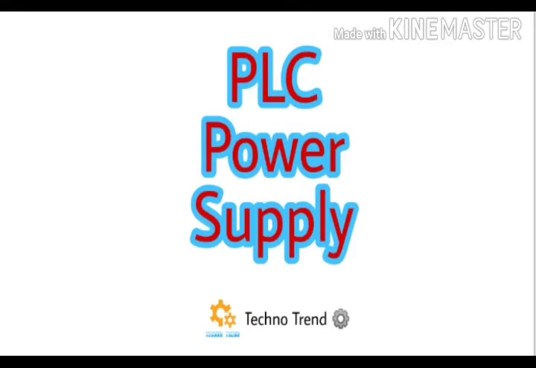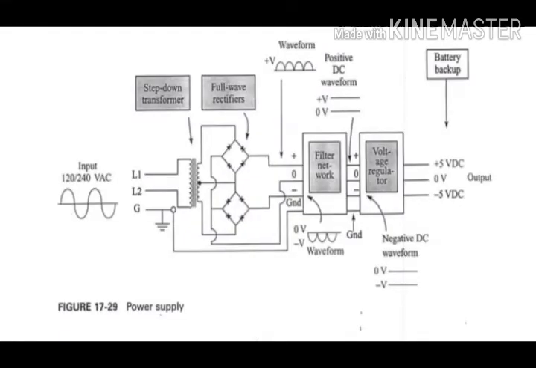I am going to post you this block diagram. It is divided into four sections basically. Section number 1 is the first section of the power supply, where there is a step down transformer. The available input line voltage may be 120 volt AC or 240 volt AC. In our case we generally have 230 or 240 volt AC, which is reduced to a lower value. The transformer reduces the 240 volt AC to 12 volt or 5 volt or 6 volt AC, whatever is required.